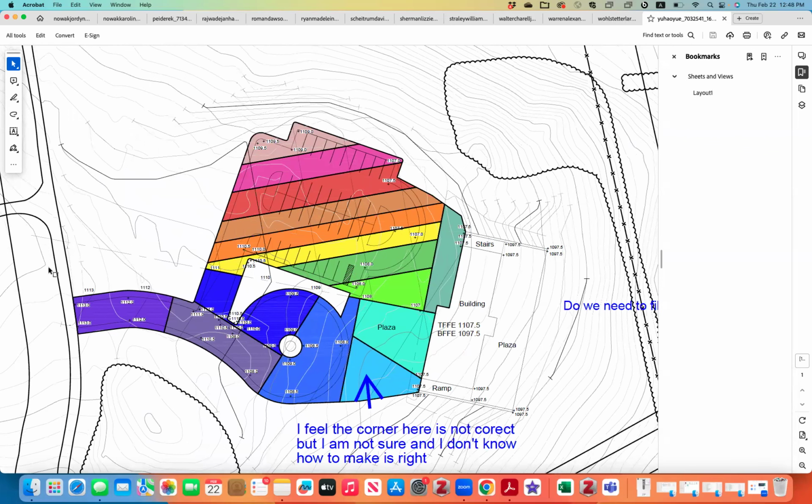So this is following the contour. That is not correct, okay? We should continue, and this line is also not perpendicular to the contour, so it should be like this. It should be like this, and because that's pretty small, we can keep moving it down slope,